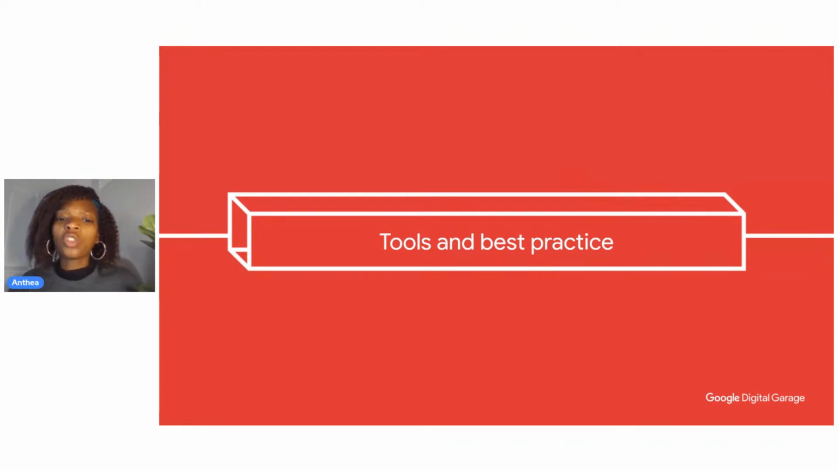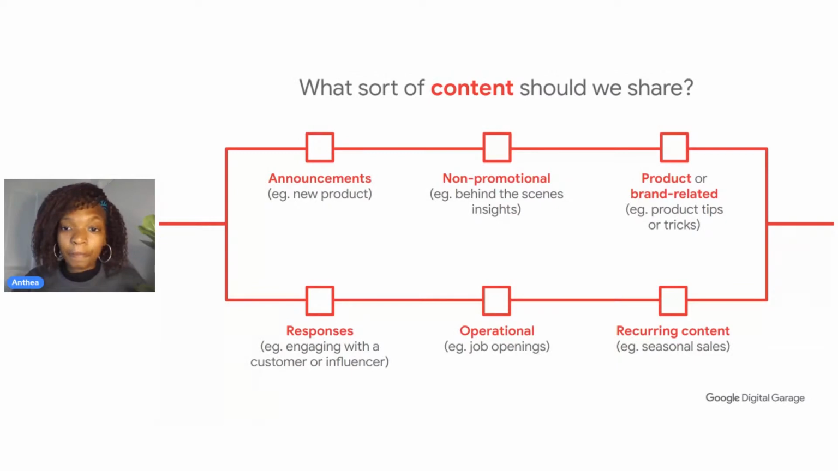Okay, so looking at tools and best practice. Your social channels are often public. So again, remember there are some best practices and tips that you'll use, and also in order to make sure that your strategies succeed. So let's start to think about the different types of content that you might wish to post. And again, this is going to differ depending on the platform that you're on, but here are a few